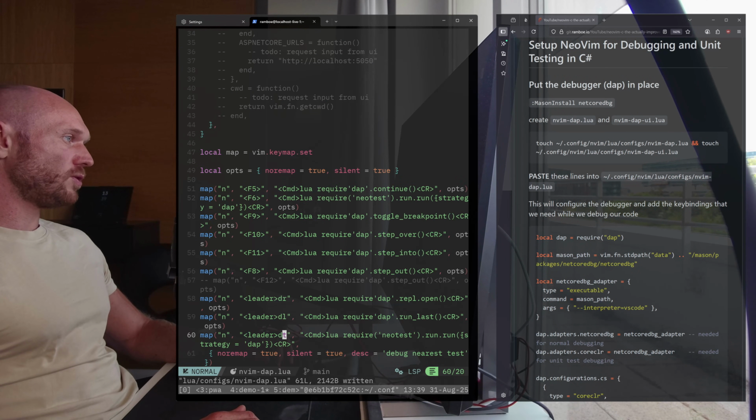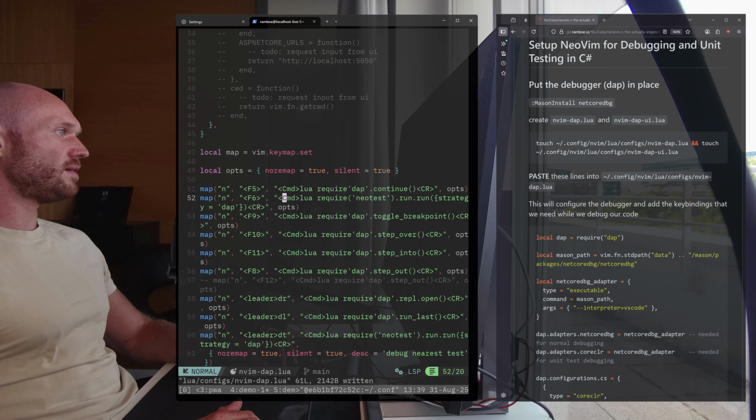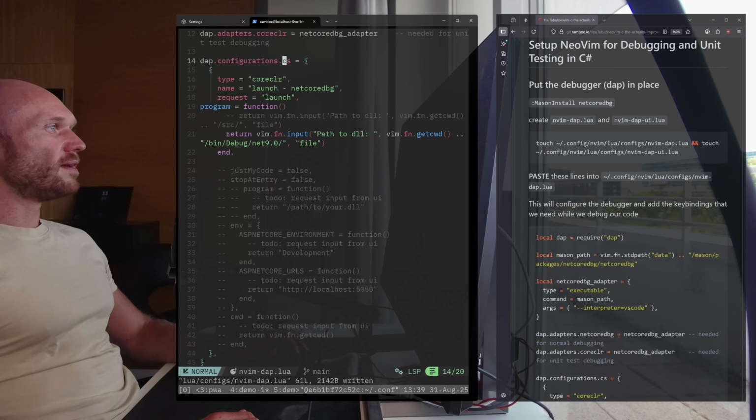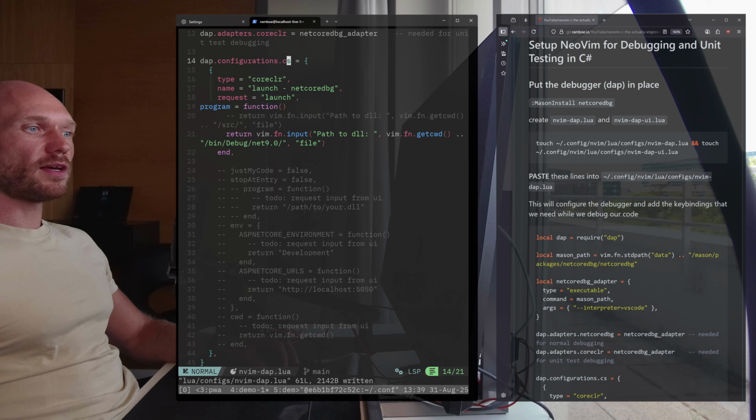The other thing you get is key bindings that are similar to what you find in Visual Studio, you know, like F5 for debugging, F10 for stepping over, F12 for stepping into. These things right here, not too shocking. And then the last thing that we just pasted is the DAP configuration for C# files that kind of glues everything together. Okay, so next thing in the tutorial,